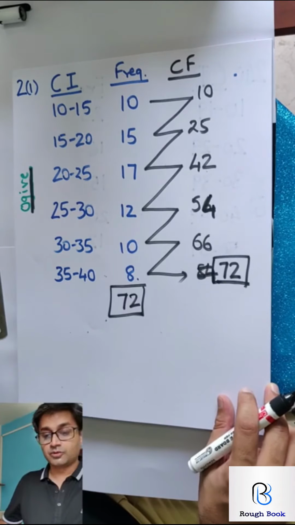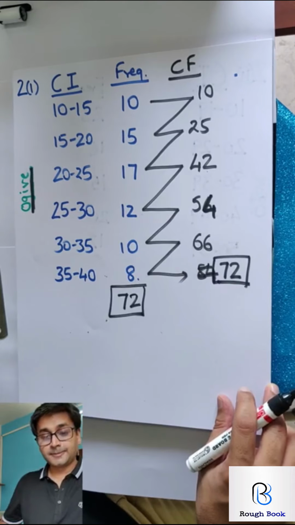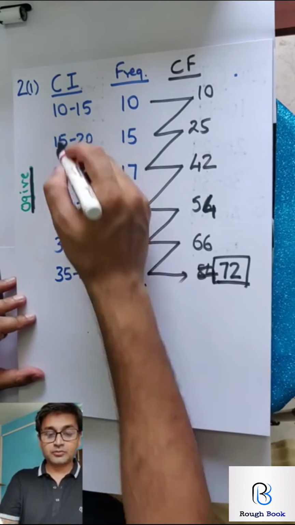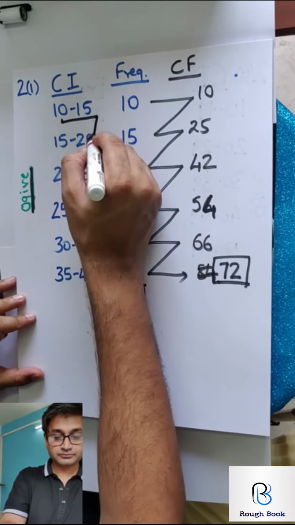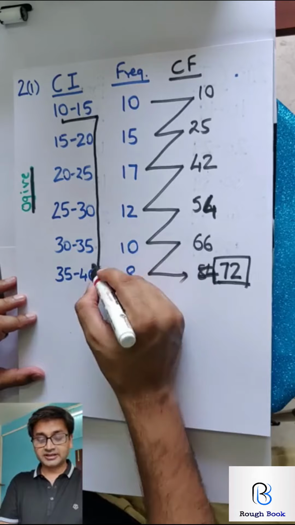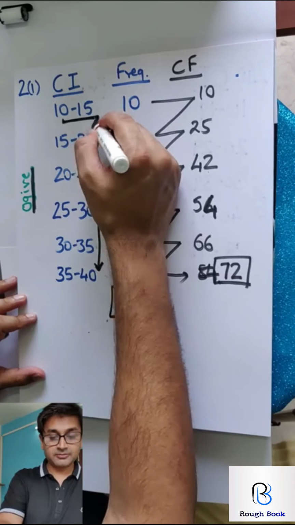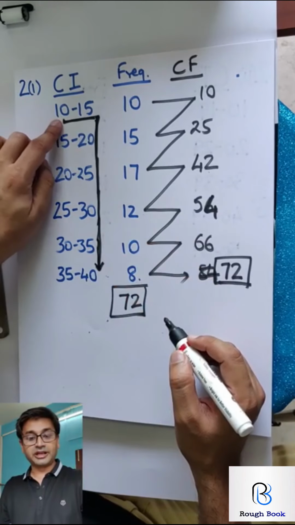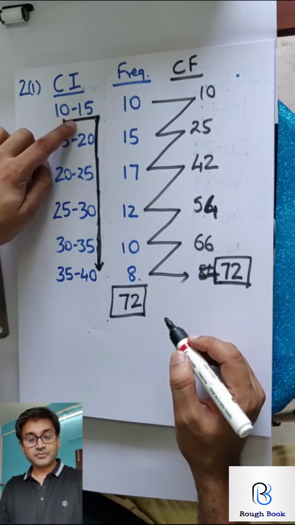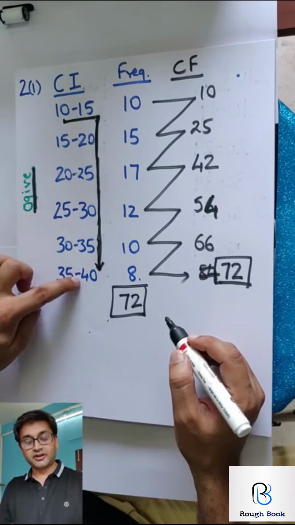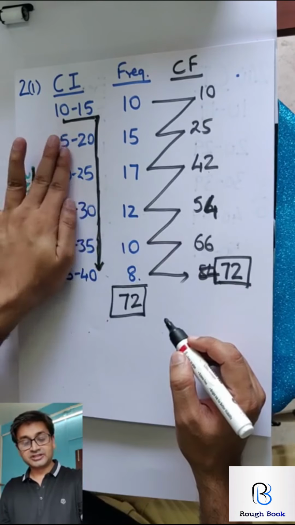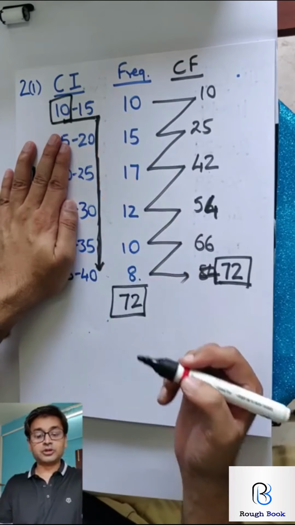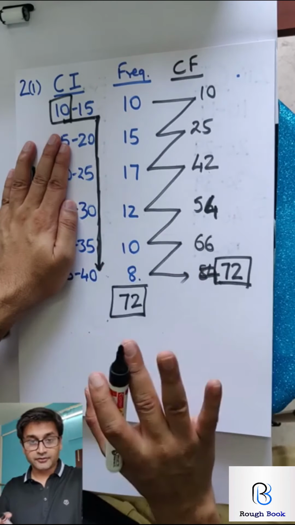So let's see how we are going to work with the graph paper. Before you go on to the graph, a couple of instructions. For an ogive, the most important thing is this diagram. I call it a reverse L. You can see the L, but a reverse L. What do you mean by this reverse L? You start from 10, you go to 15, 20, 25, 30, 35, 40. You don't look at the lower limits at all. Only the first value you begin from, and then you go with all the upper limits, none of the lower limits.